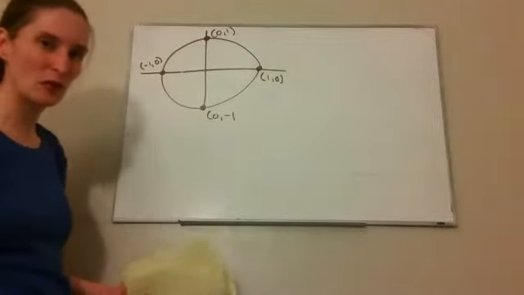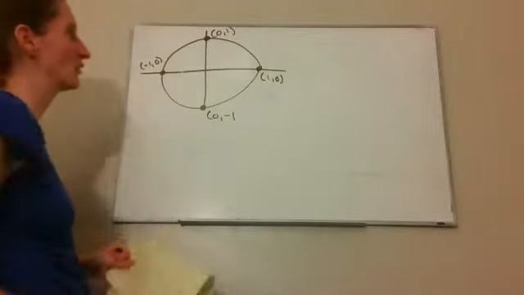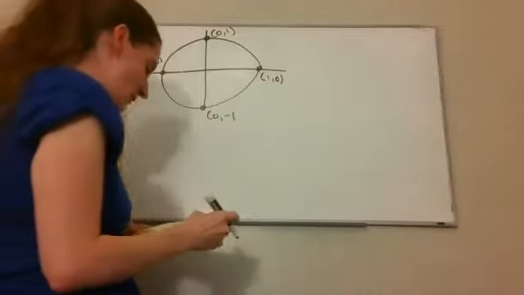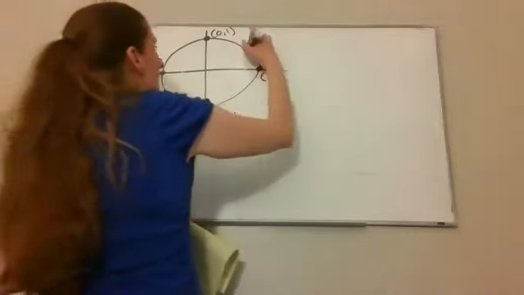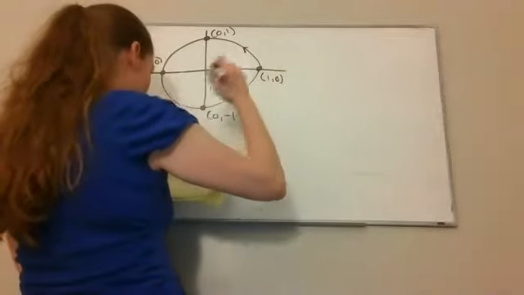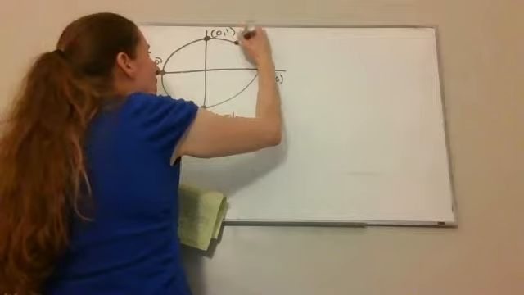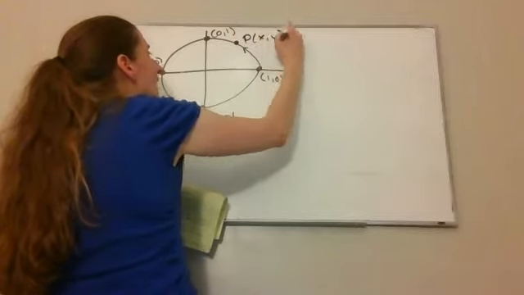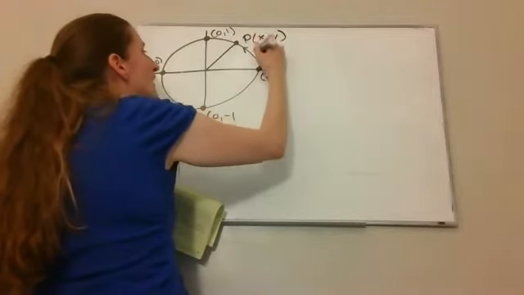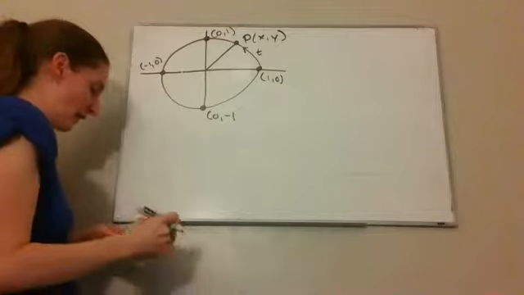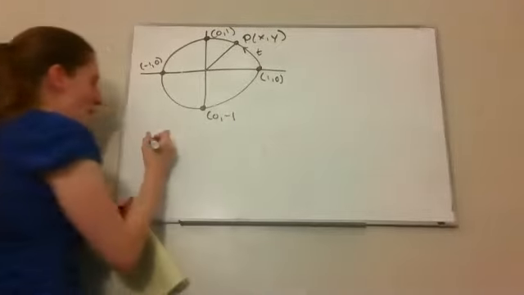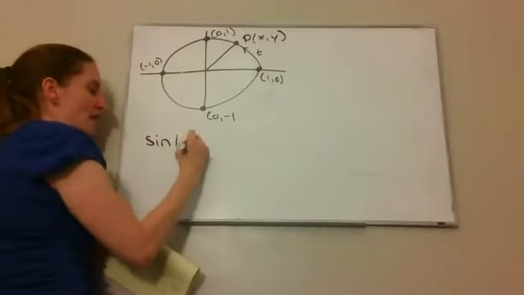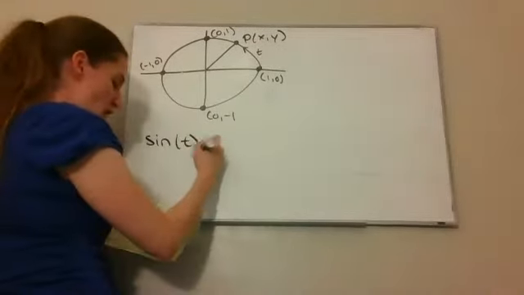I'm not the best at drawing circles, but imagine it's a perfectly drawn circle with radius 1. Then, if I have any particular point P(x, y) on this circle, and t is that arc length there,